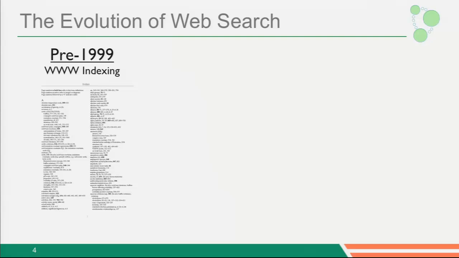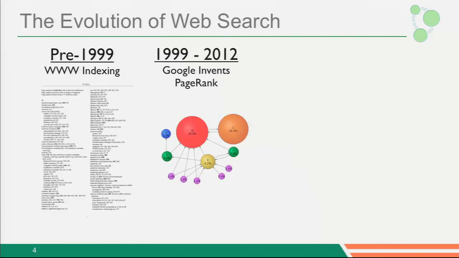Then in 1999, something magical happened, right? Larry and Sergey came around and they said, hey, I will download the entire web, and I will look into every document in order to find what's going on. But not only that, I'm also going to look at the connectivity of the link graph, as they called it. I'm going to use it so that if one web page links to another, that acts as a sort of voting mechanism, right? And if multiple web pages link to one web page, that's multiple votes. And then when you search, I'm going to use that to rank the search results. So they invented this algorithm called PageRank, right?